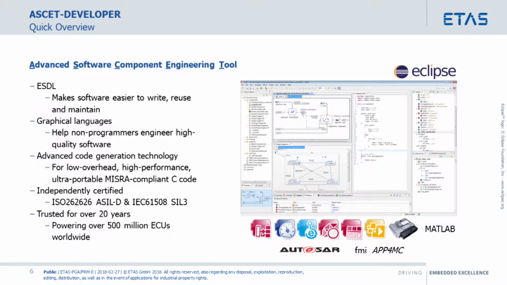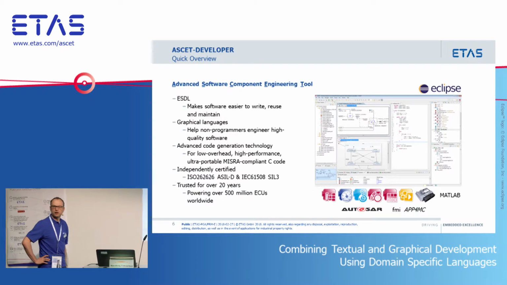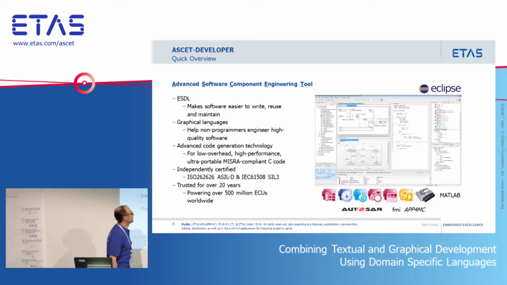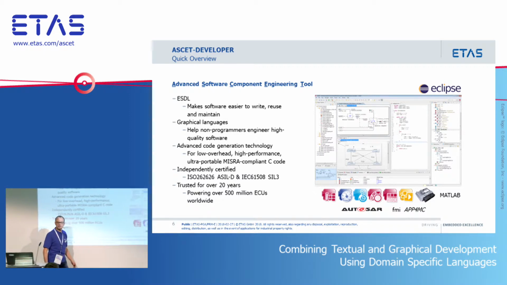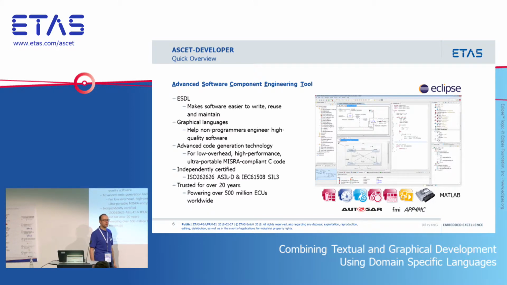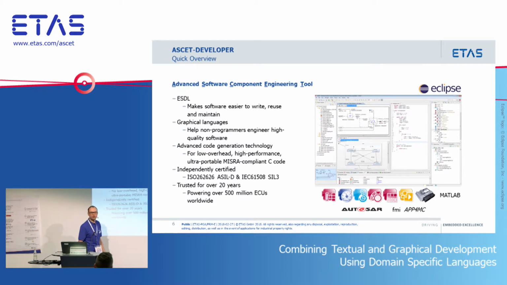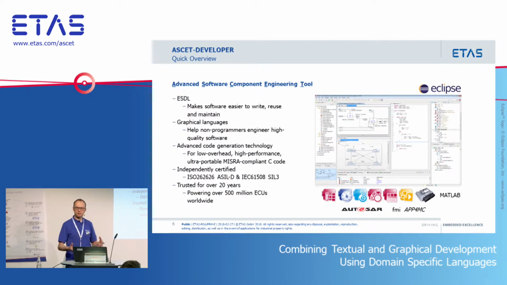ASCII also has a couple of graphical languages, and we use those graphical languages for people who don't like to write code, so particularly people who are coming more from the sort of engineering controls side of things. So we can draw pictures in ASCII, and a picture in ASCII is actually a program. So unlike something like Simulink, where you've got a data flow diagram and you're feeding data in, calculating and flowing data out, an ASCII picture is just a graphical representation of a program. So we've got things like control flow in there, we've got assignments, we've got statements. It's basically just a different representation of that ESDL meaning.